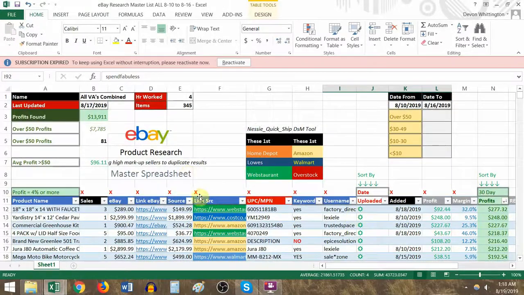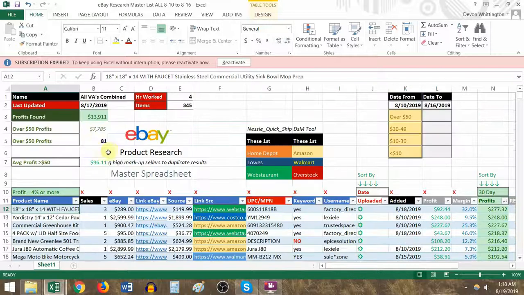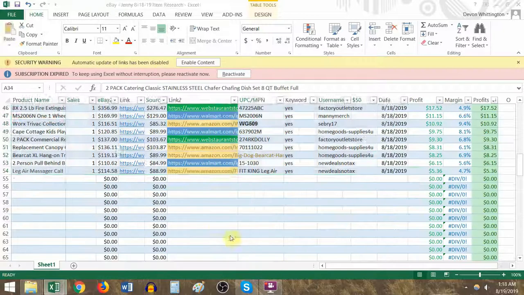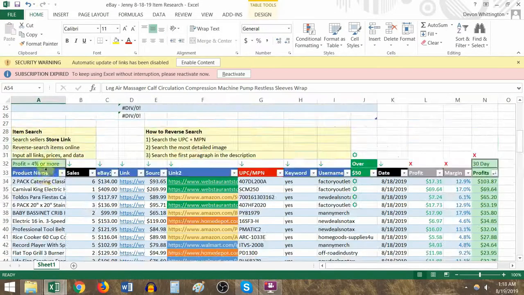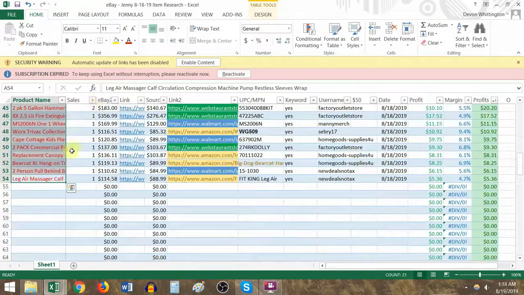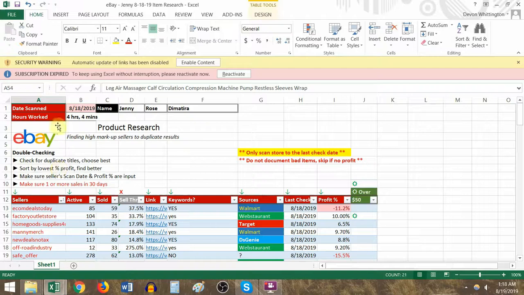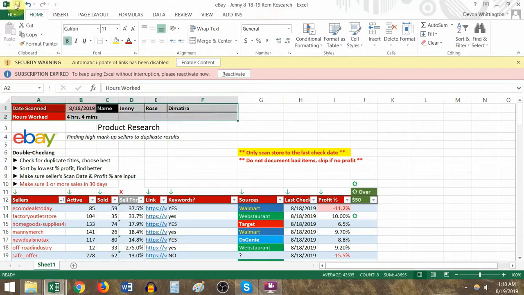So once that's completed, you're all good to go. You can go ahead and hit save on the spreadsheet. Jenny's items have been transferred, so you can mark them red. And the last step of this process, I'm going to go highlight up here and save,